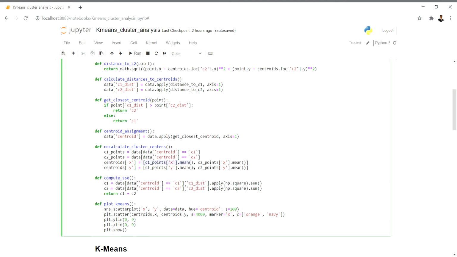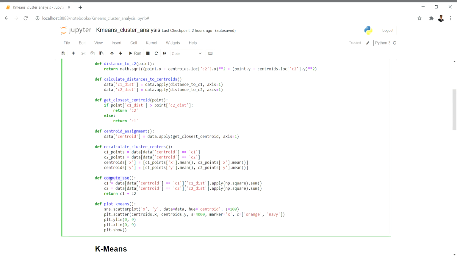Centroids are calculated in that way only. For one cluster, say C1, you have a certain set of points, and for the other cluster, C2, you have a certain set of points. You take the number of points belonging to that cluster and take the average, that means divide by 3 or 5, however many points there are. That operation is basically done here.